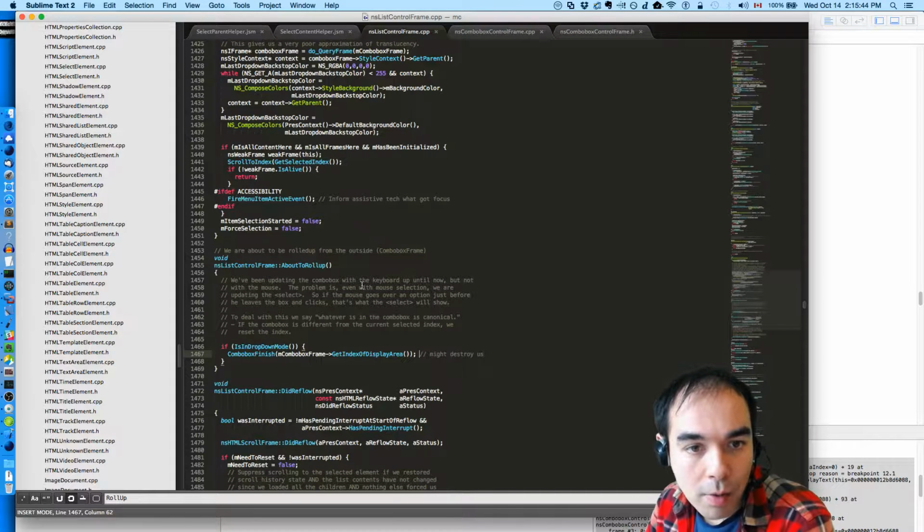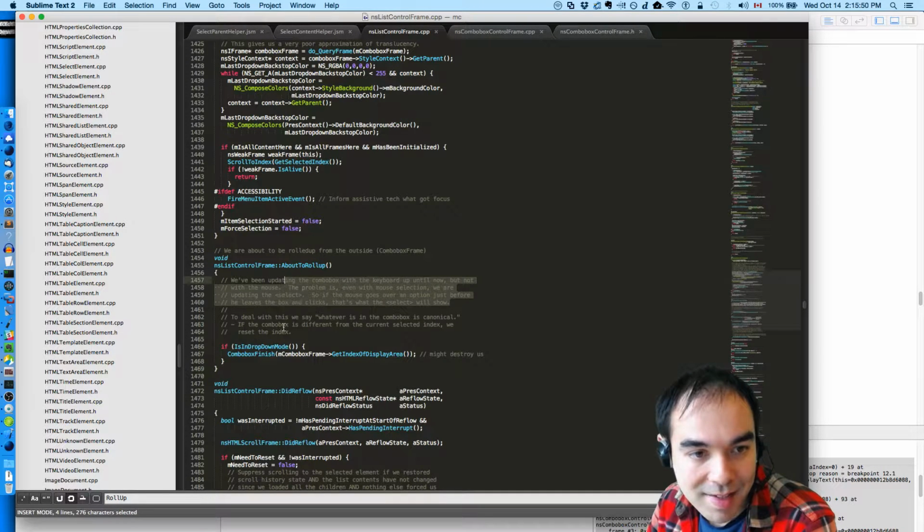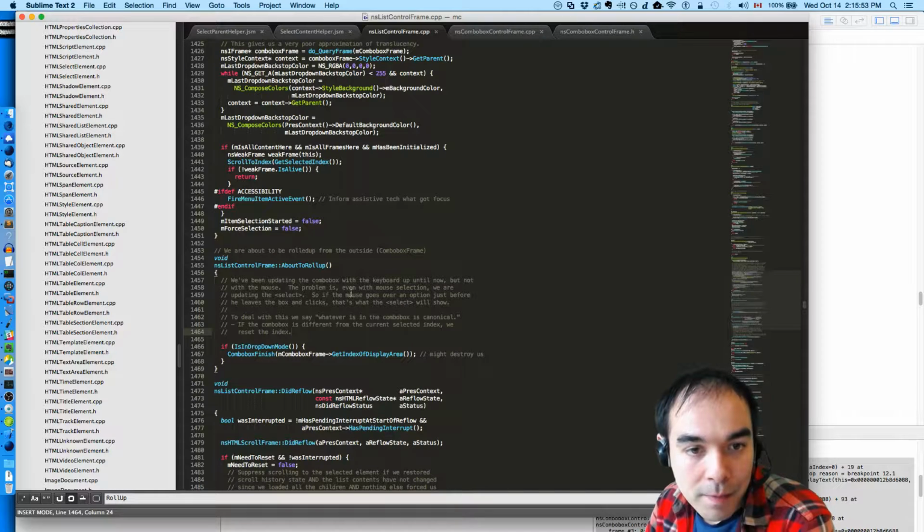We've been updating the combo box with the keyboard up until now, but not with the mouse. The problem is, even with the mouse selection, we are updating the select. So here's an interesting comment. If the mouse goes over an option just before he leaves the box and clicks, that's what the select will show. To deal with this, we say whatever is in the combo box is canonical. If the combo box is different from the currently selected index, we reset the index.